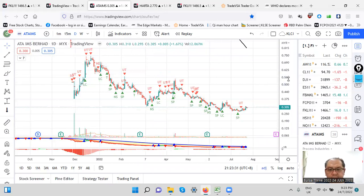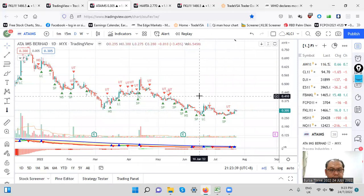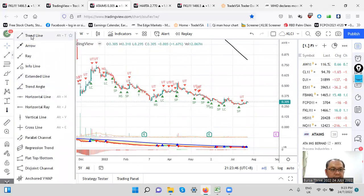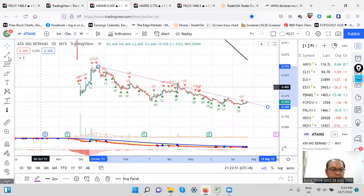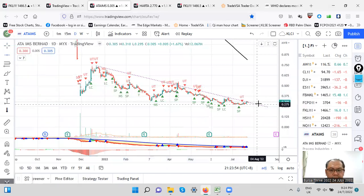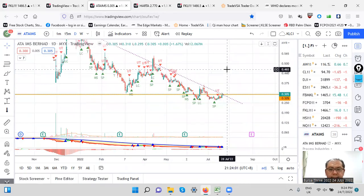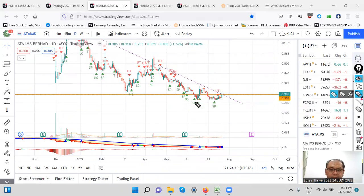Wait, I'll draw a line to see whether we can see anything here. It's touching, and you have a support line here, and an earlier support line here. The entire thing is still on the downside. It has broken two times here,